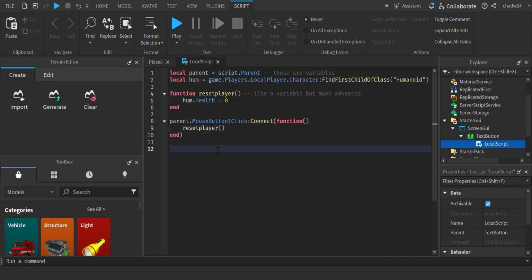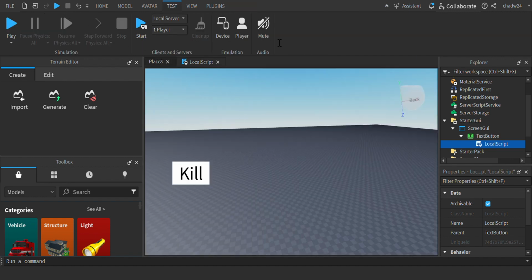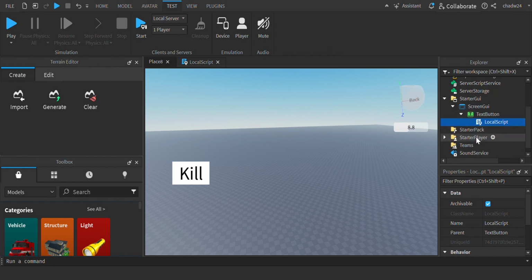So, basically, what we can do now, local connection equals, and, pretty sure that's what you do, connection disconnect. So task dot wait 10, and then we can do